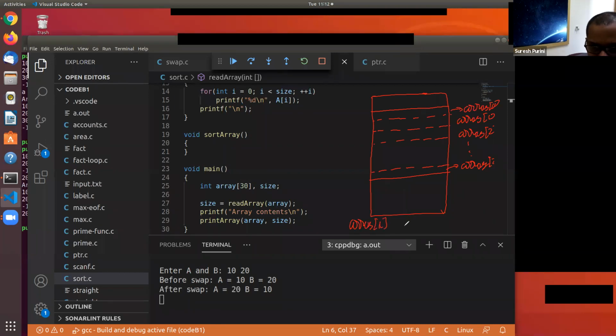Array of I, where 0 is less than or equal to I, and I is less than or equal to 29, this is valid. But if I is equal to 30, then some weird things can happen in your program. So your program is essentially a buggy program in that case.